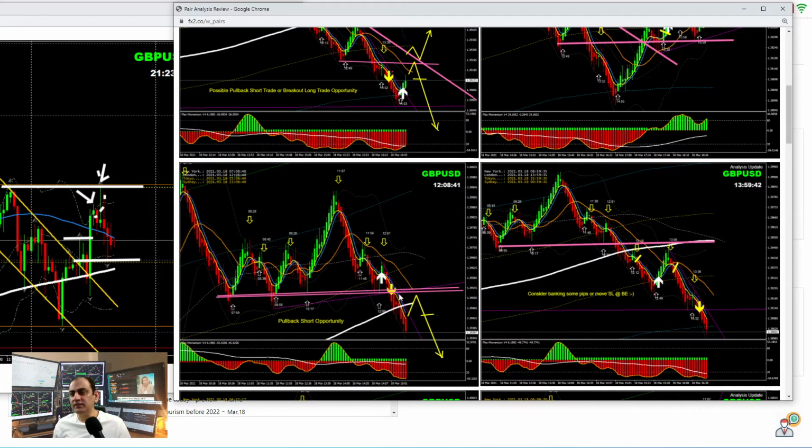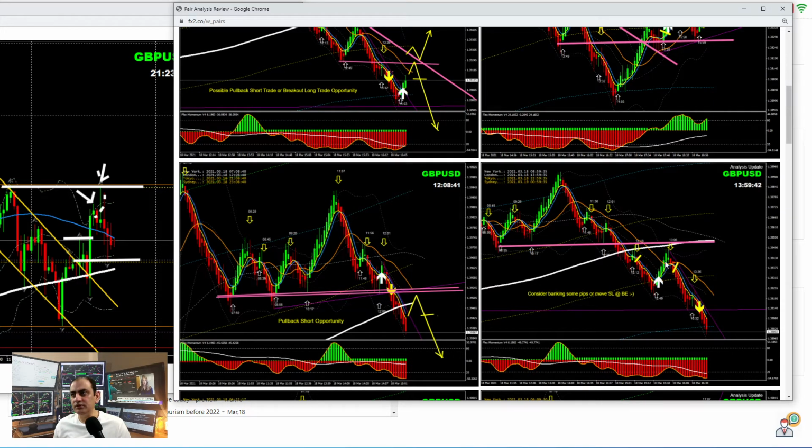So you can see after the news, price nicely developed bearish momentum, and that's what we explained to traders. After the news, look for a pullback. You can see here one pullback. Afterwards, we have a second pullback as long as the momentum is bearish. As you can see, the price nicely hit our final target, a beautiful short trade after the news